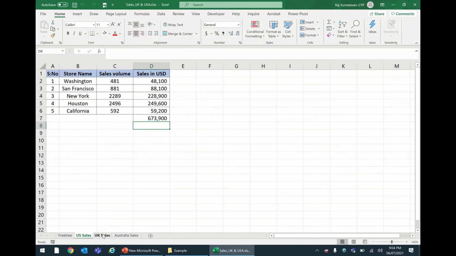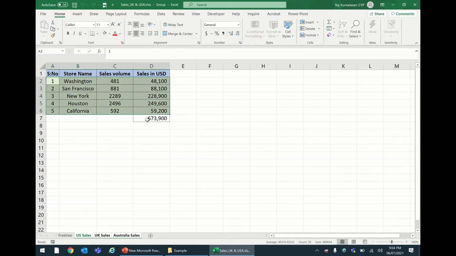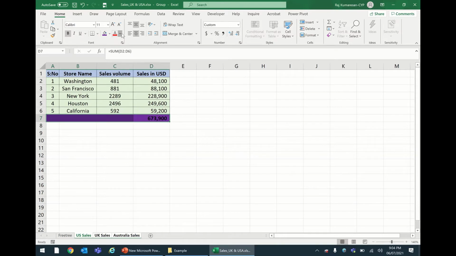For example, we can select multiple sheets, and whatever formatting we do across one will reflect in all the selected ones. So for example, if I select all three and give this a color, let's say green, and make this bold, and let's say I'll put this color because it's fancy, and call this total, right? Now if I just ungroup it and then go to all these individual sheets,